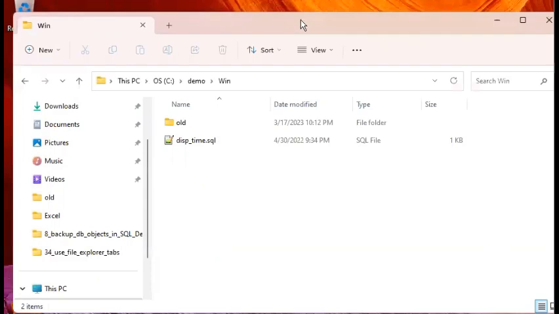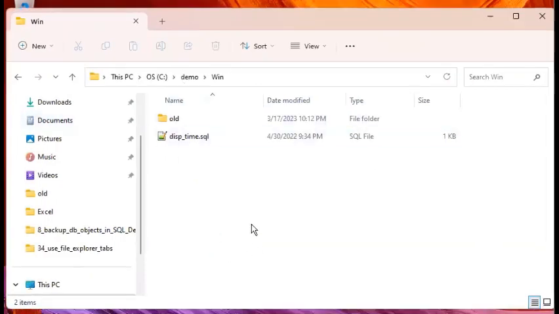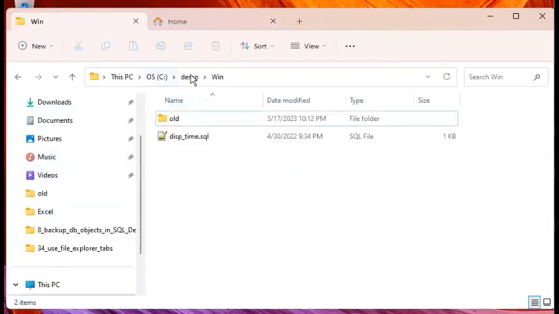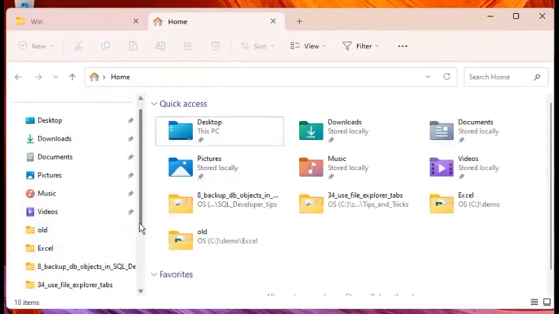Instead of opening a second instance of File Explorer, you click on this little plus button over here, which allows you to add a new tab within the same File Explorer window. With that, it opened a second tab. I don't know what the limit is, but you can keep clicking and add another tab as you wish. The obvious benefit is that you can work on multiple folder locations. Let's just say this one is for demo win, and maybe in this one I wanted to go to